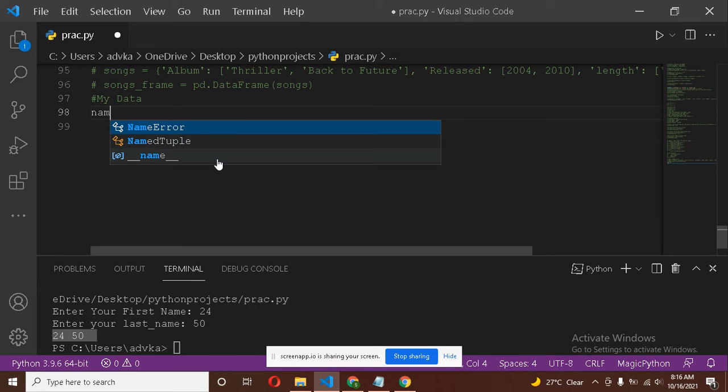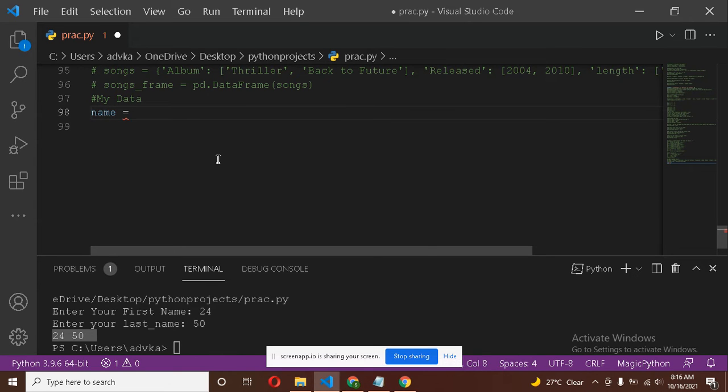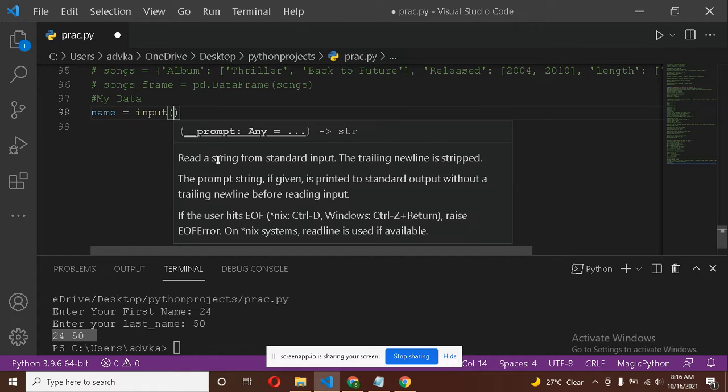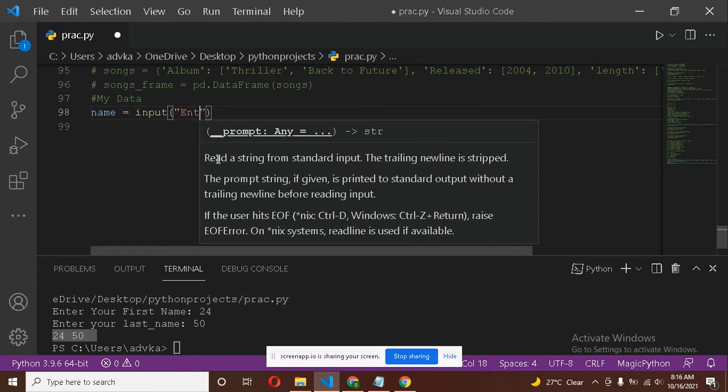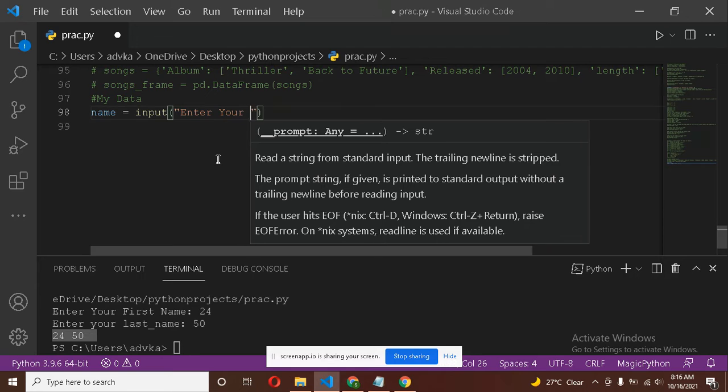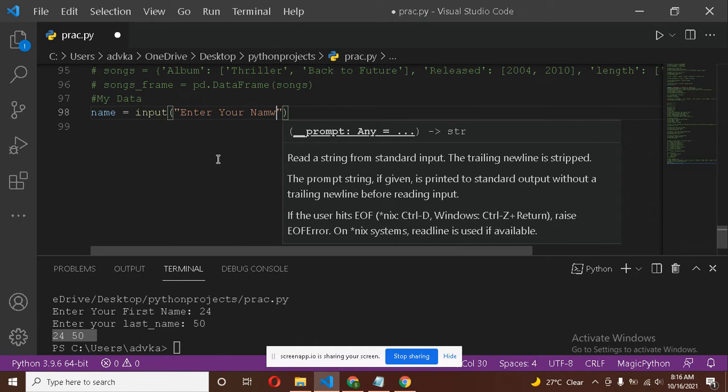So set a variable with name. Here we will write input, enter your name. Okay,